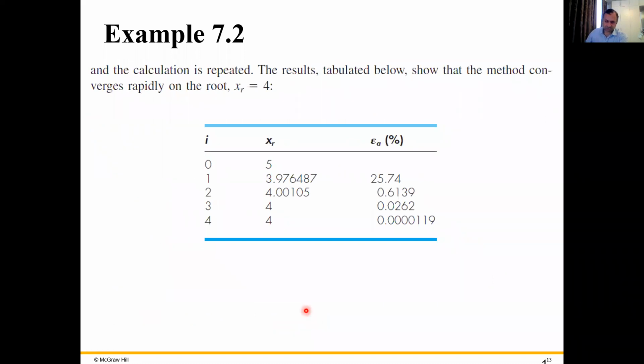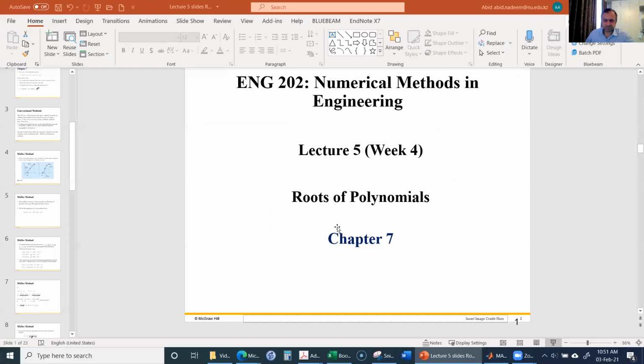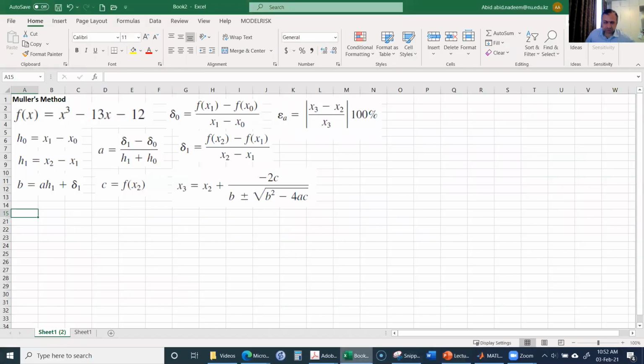By repeating such a process, you will see that in the next iteration, the percentage error will be 0.61 only, and then the next it will be even less. And then very quickly you can see that the solution will converge. So this can also be done